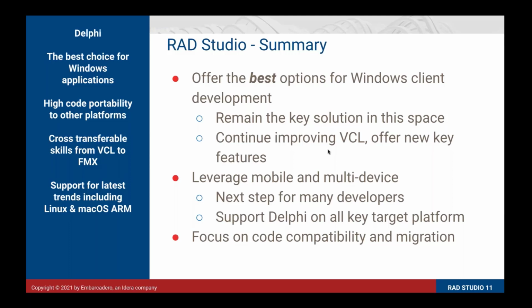To summarize, the key thing today was looking at Windows. As we saw at the top, Windows is very much still the key to desktop development. There are a lot of interesting trends around mobile, and RAD Studio can compile out to all different platforms natively, which is the only tool that does that in the same way. It gives you the chance to get out across all those platforms very quickly. The Win API layer is very, very strong. I know the VM failed, I'd have shown you where to find those bits within the UI, but I can make sure they're covered in any follow-up.